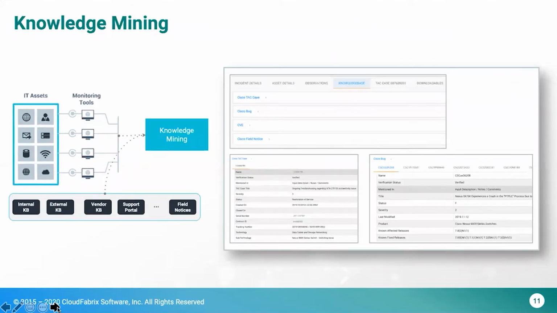Once that is done, the other key thing is it should be able to mine the knowledge. Knowledge means it could be post-mortem reports, existing internally developed knowledge bases, or vendor knowledge bases. It could be CVEs externally. So the tool should be able to plug into the different knowledge sources available or applicable for the enterprise, and it automatically gives the right context. So it pulls the right article, if it's DB related or CVE related or a security related patch, it should be able to pull this.